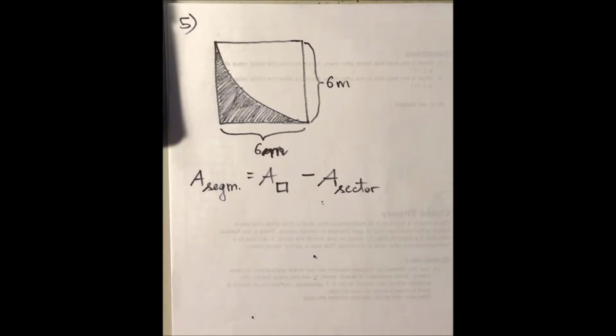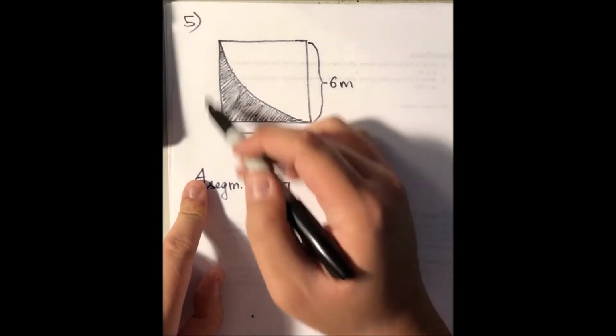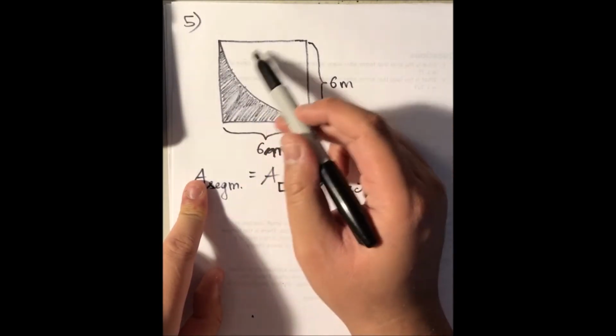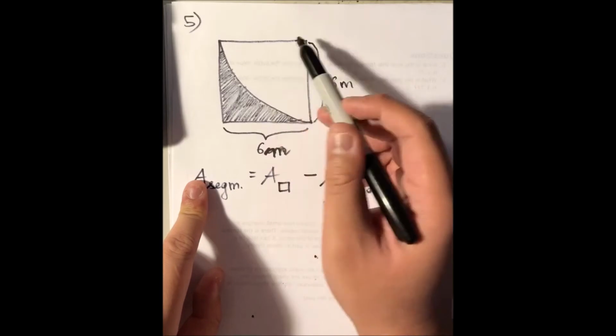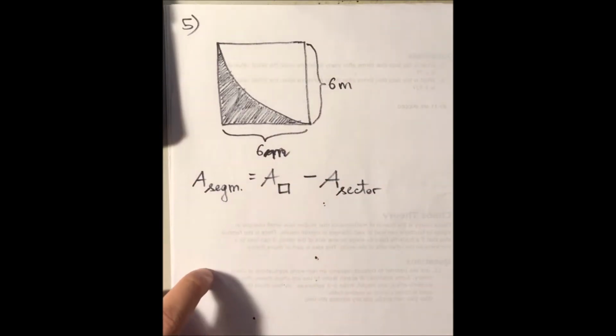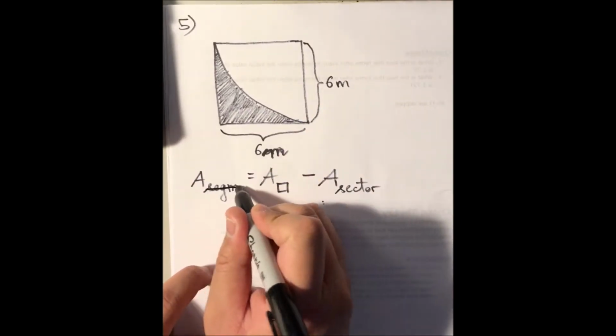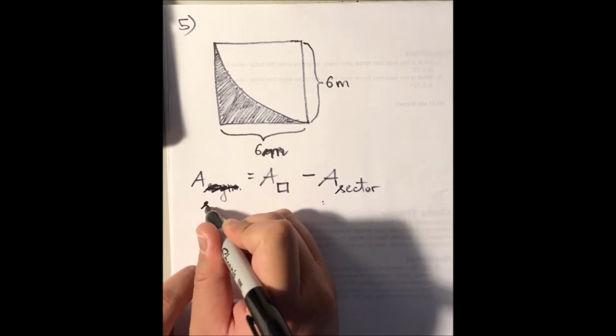Okay, in this example 5, we are supposed to find the area of this shaded region. And this shaded region is inside the square. The square consists of this shaded region and this part right here. But this part looks like a sector. So really, to find the area of the shaded region, not segment, my bad, shaded,